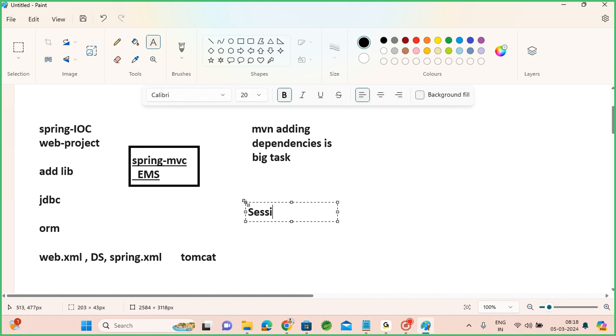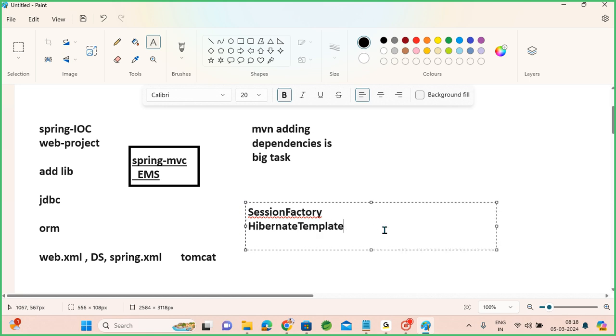Session factory, then Hibernate template, or if you imagine JDBC, data source creation, or JDBC template, or named parameter JDBC template. Right? As a developer, you have to do a lot of configurations, a lot of project setup,